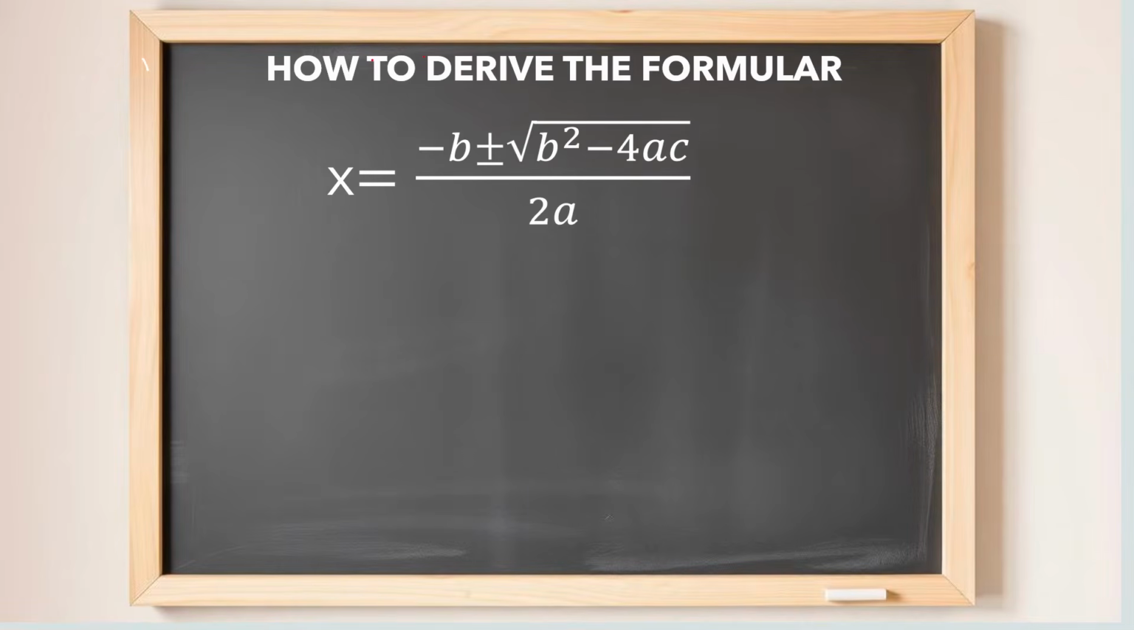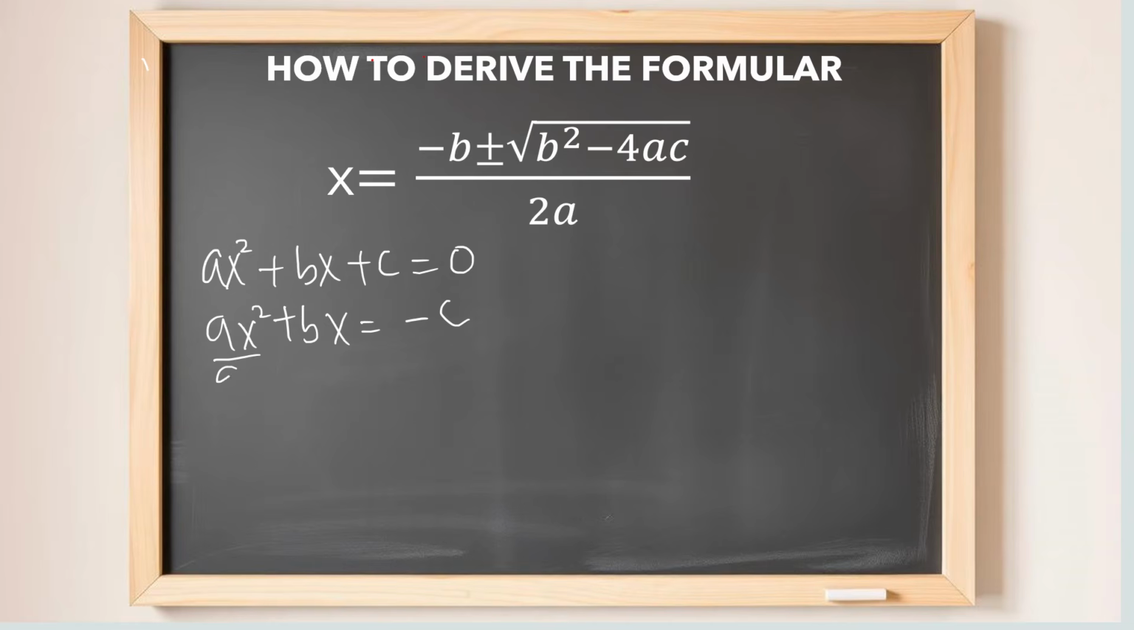In this problem, we want to derive the quadratic formula using the completing the square approach. Recall the general form of the quadratic equation, which is ax squared plus bx plus c equals 0. We can write this equation as ax squared plus bx equals negative c. Dividing through by the coefficient of x squared, which is a,